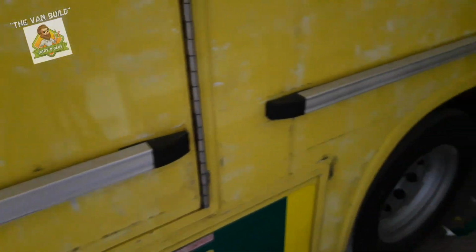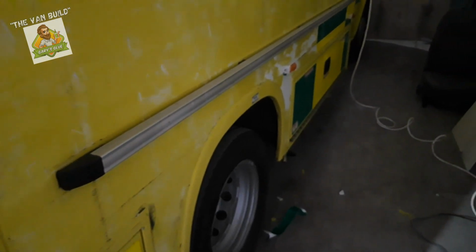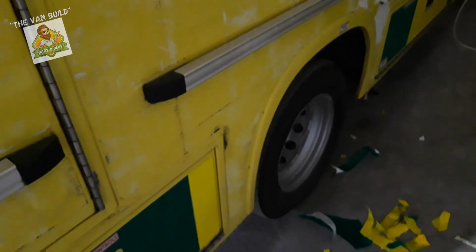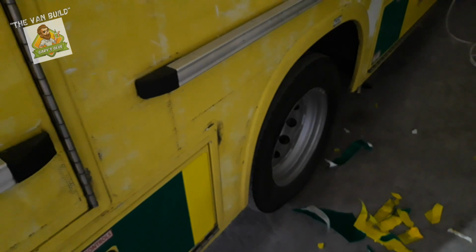I knew getting into this build that it wasn't going to be all easy, all snowflakes. But let's show you what we've done in the last 40 minutes. We started there. Underneath the rail is where we're looking at. Let's see if I can get some focus on this. And we've worked our way down to there, including down this side of the wheel arch